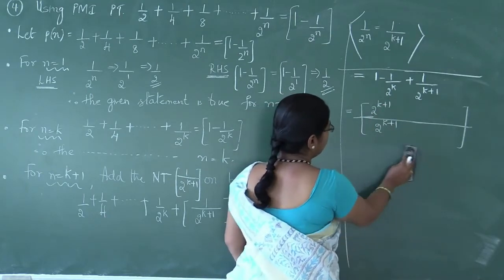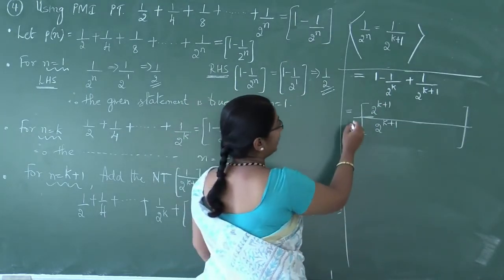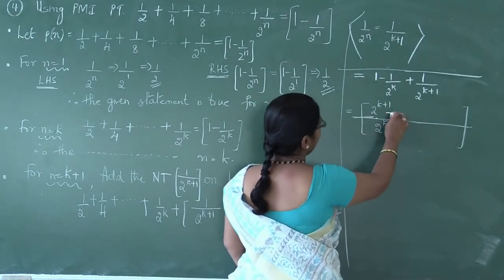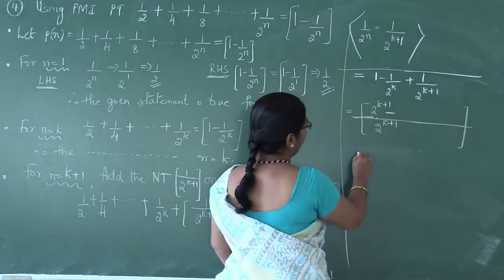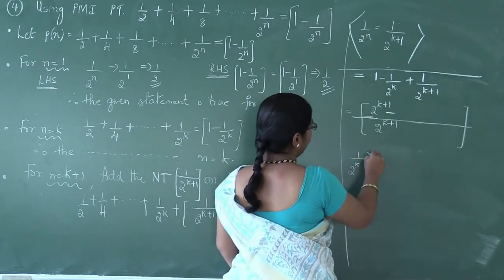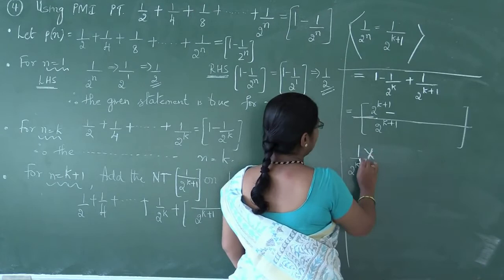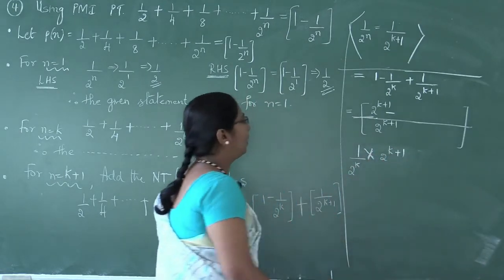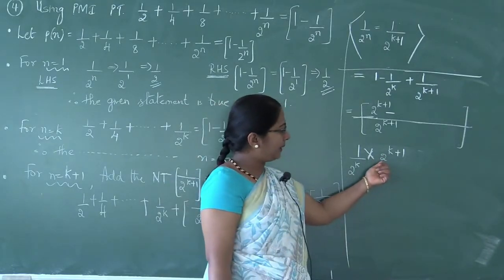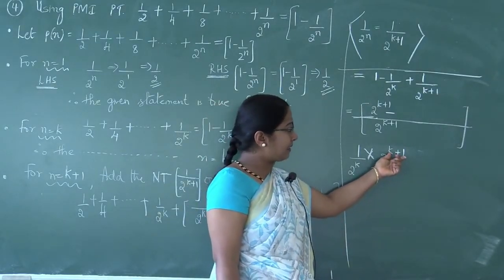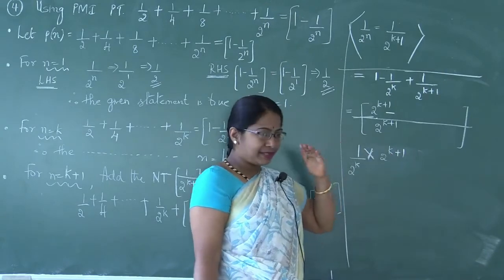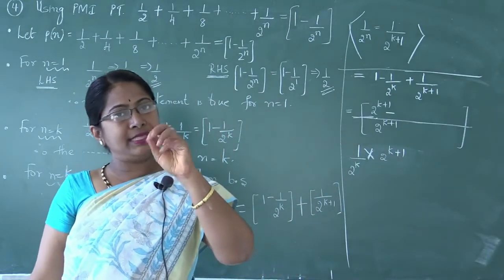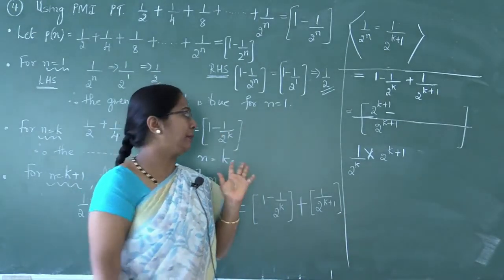Next, consider the second term now. What sign do we have here? Minus. So minus sign as it is. What is the second term? 1 divided by 2 power k into LCM. What is the LCM here? 2 power k plus 1. What is the base here? 2. What is the power here? k plus 1. So as I mentioned earlier, if bases are same, powers can be added up and powers can be split and written with the same base.